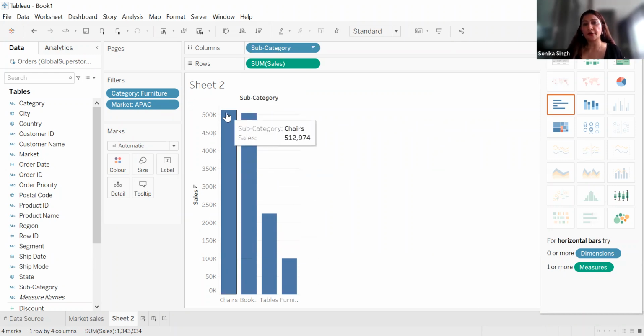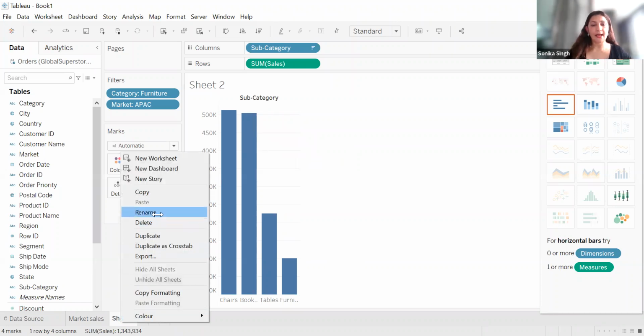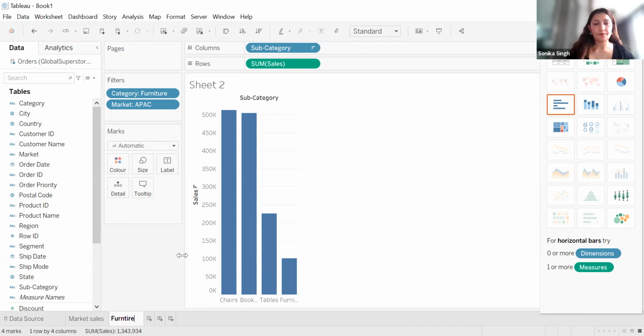So in the furniture category, we can see that the top performing category is chairs and then books and then tables. So now this sheet I can rename as furniture sales in APAC. So these are some simple operations we can get started with. And in today's tutorial, we'll do a little more in-depth, more complicated operations than the one that I have shown you, right? So this is just to get you all started. All right,